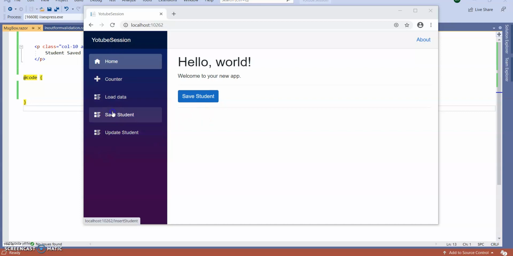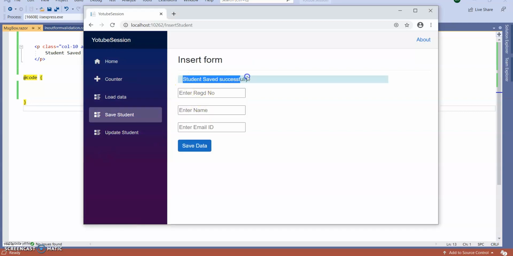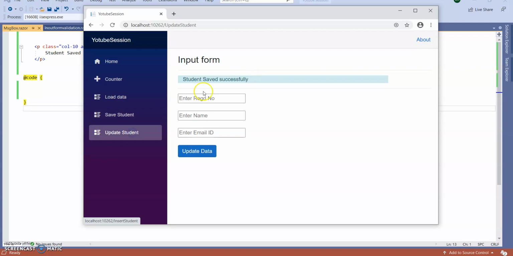So you can see it is coming, saved successfully. In the case of update student, it is coming. But here it comes every time from the beginning of the page load. I want this message to display after clicking the button.